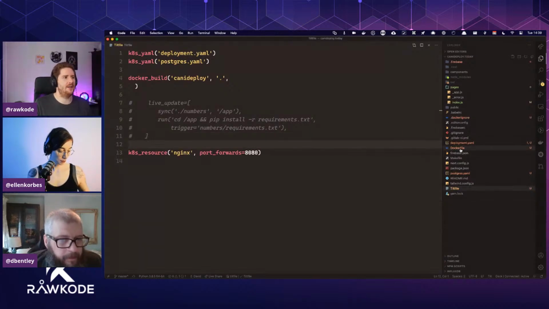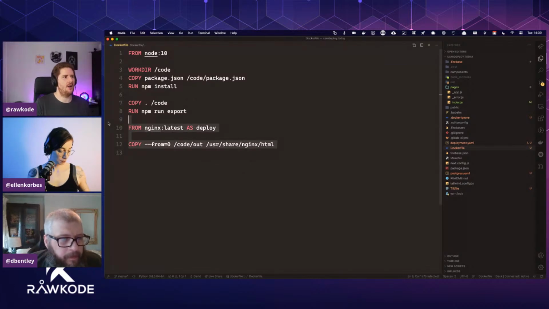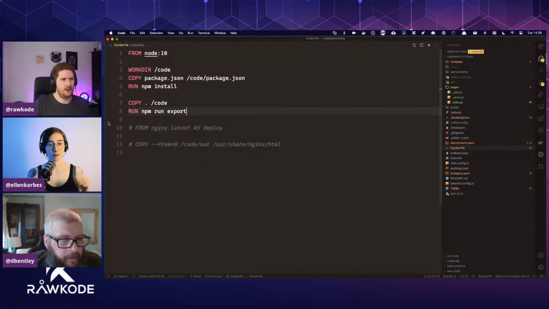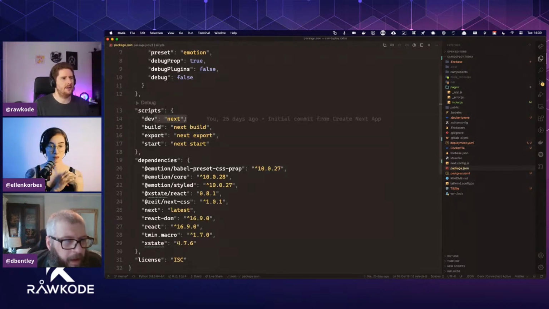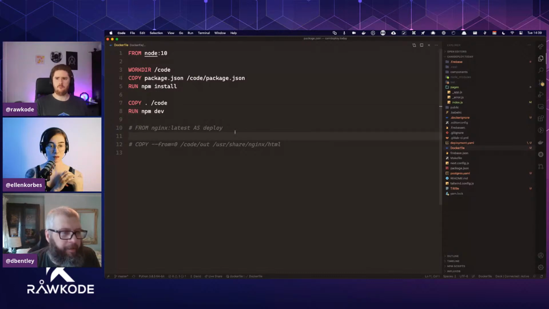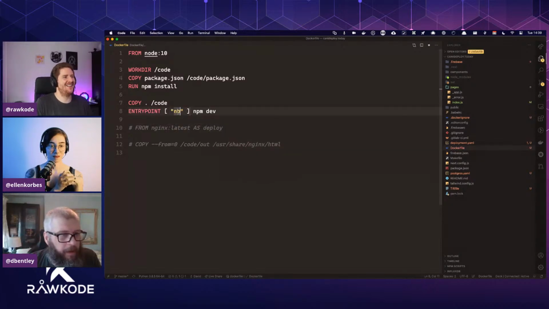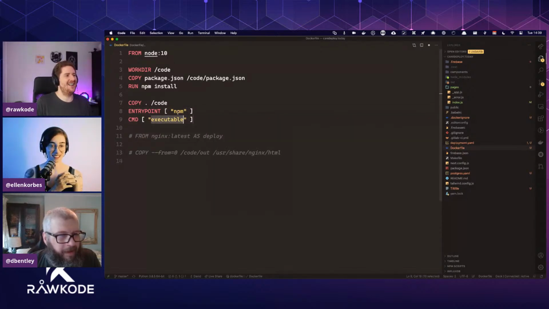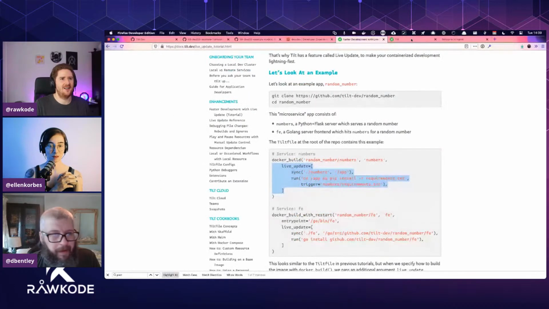If I come into my Dockerfile, and let's just forget Nginx, we can run the npm dev server. Then what we can do is npm dev, which should give us a more interactive style environment. Let me just check. Yeah, so we can just do this. Do you want that as an entry point? Because I think RUN will run it while you're building the image. Good catch. I definitely do not want to run it in the image, so that was a mistake. So we want entry point, we want dev, and if I look at our UI,